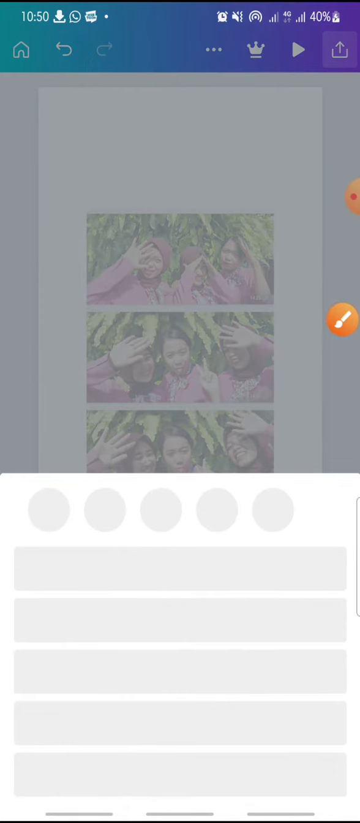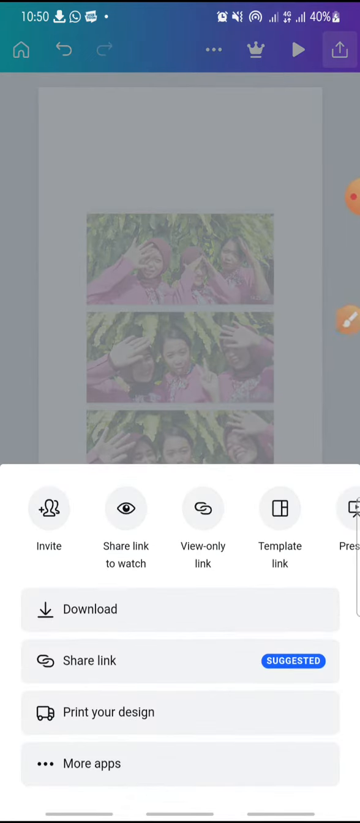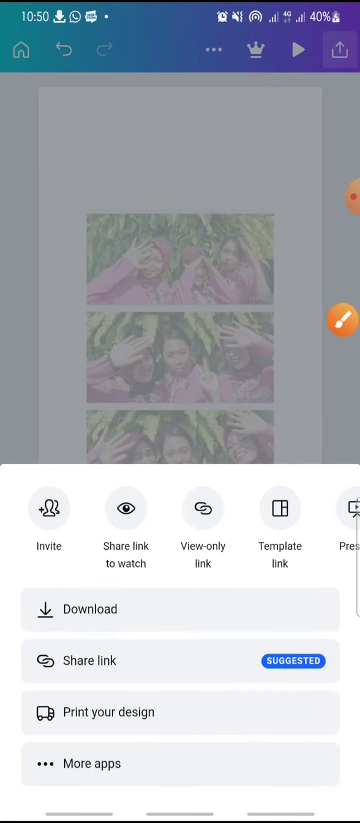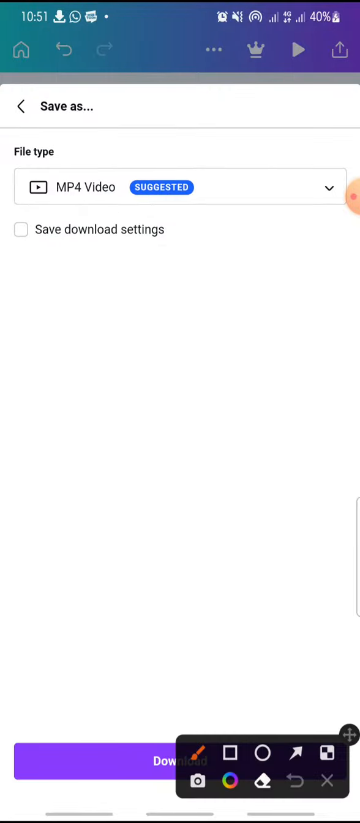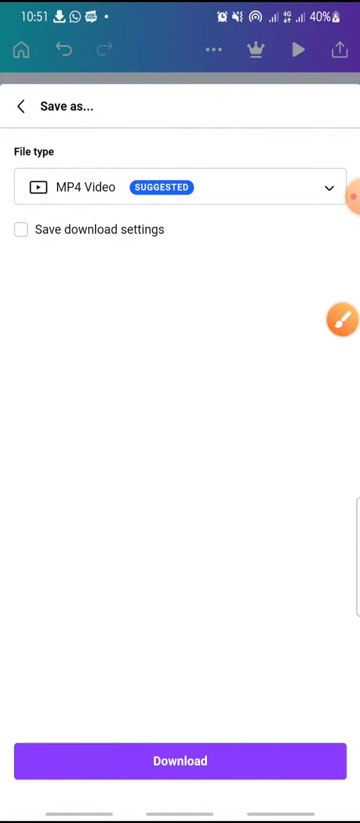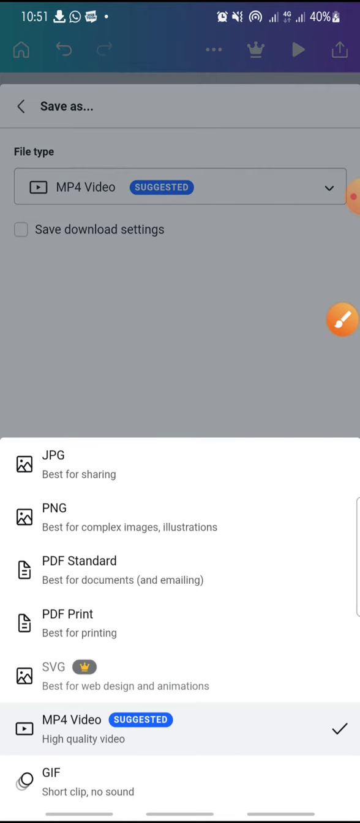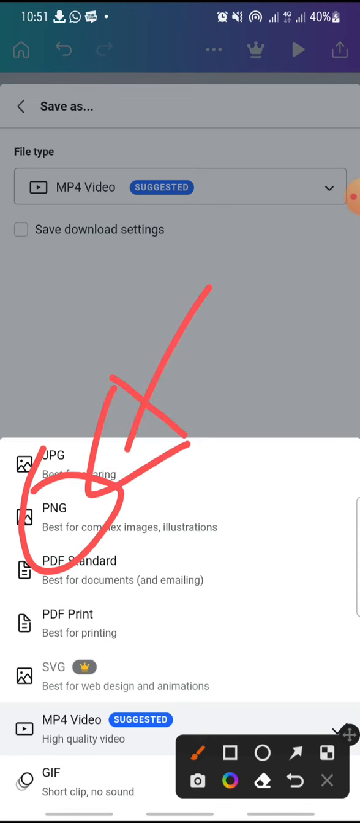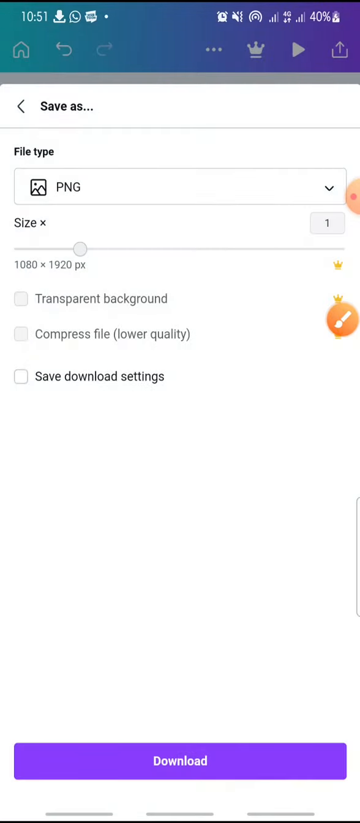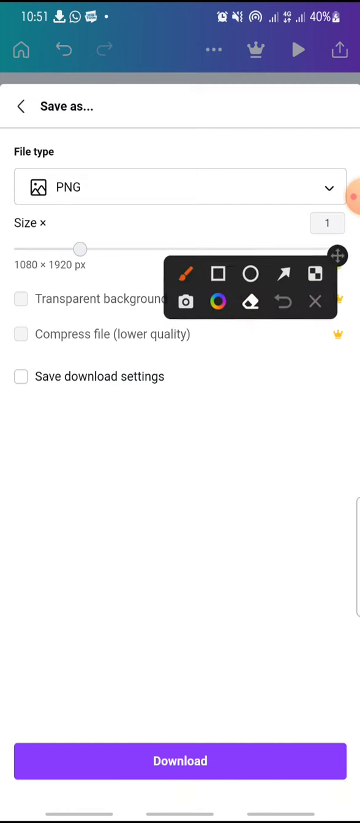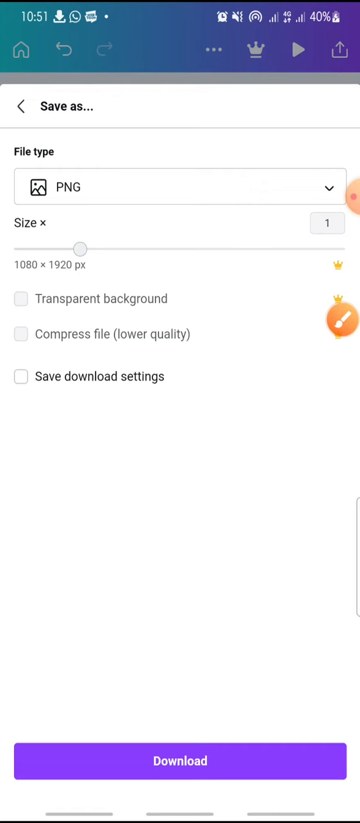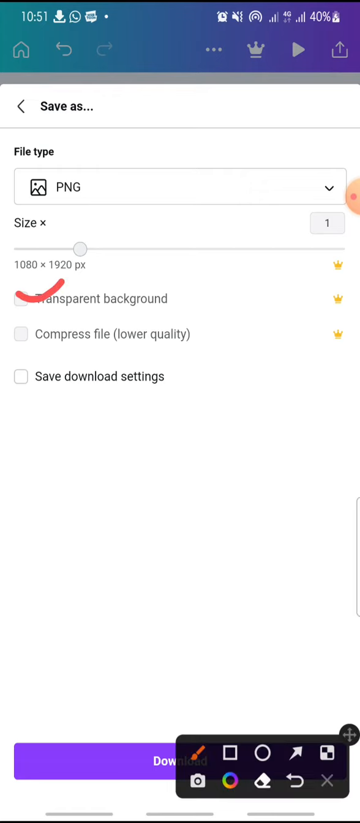But if you want to make this photo transparent, you just click on download, and after this in here you can click on file types. If you want to make this photo transparent, so you just click on PNG, and then now you just click in here on transparent background, so you just click on it like this, and